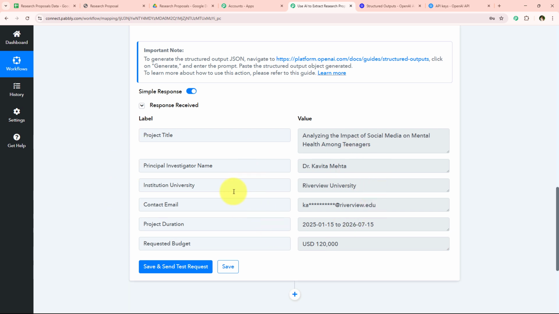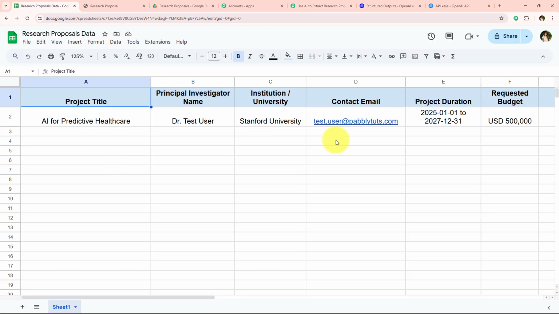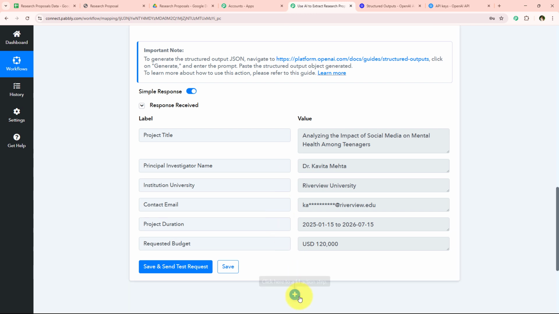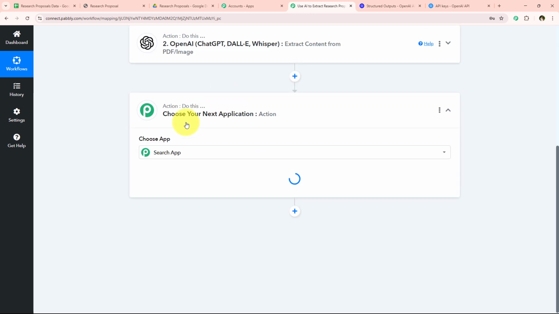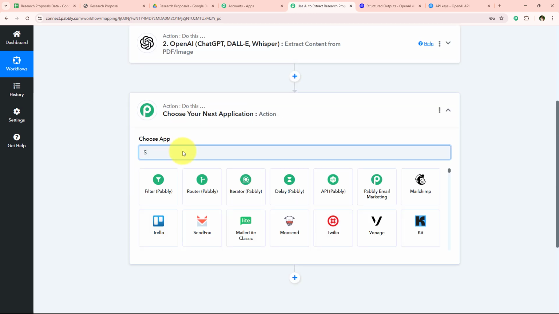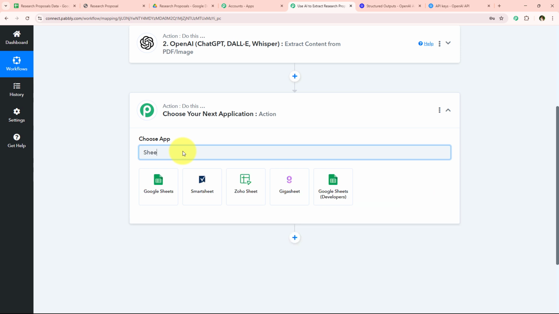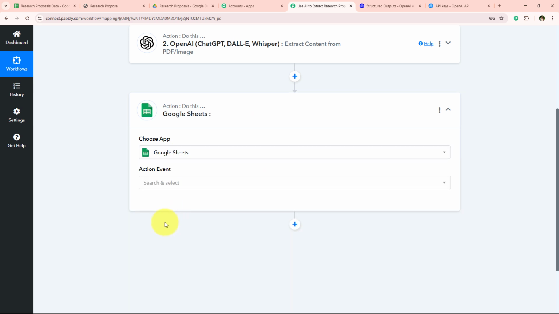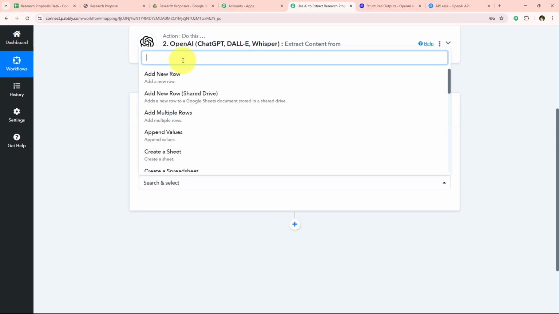And now I'm just going to add all of these details right over here into my spreadsheet. For that, I'm just going to add another action step, and now for the action application, I'm simply going to select it as Google Sheets. So I'm just going to search for Google Sheets and select it. And now for the action event, I'm simply going to select it as add a new row